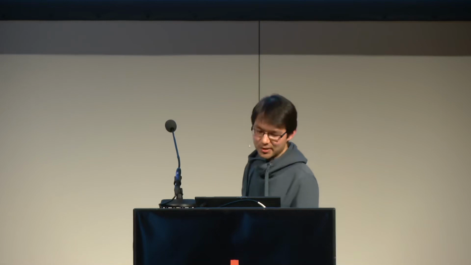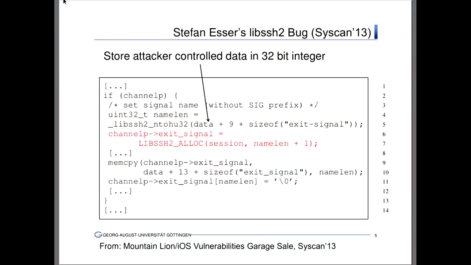Now, as you see, there's this variable, 32-bit wide, called nameLen, and it's produced by taking this pointer data and then converting from network byte to host byte order. Okay, so that kind of tells you this data is probably attacker controlled because it comes from a network, and you would not be converting from network to host byte order if it didn't come from a network. Now, what happens next